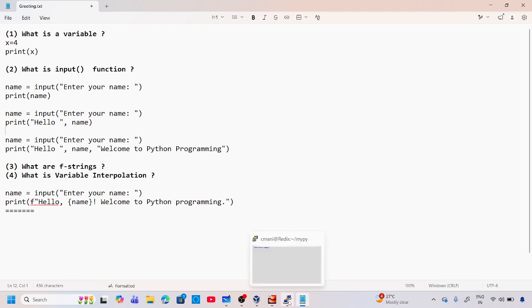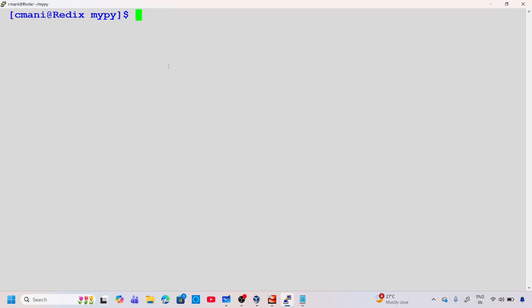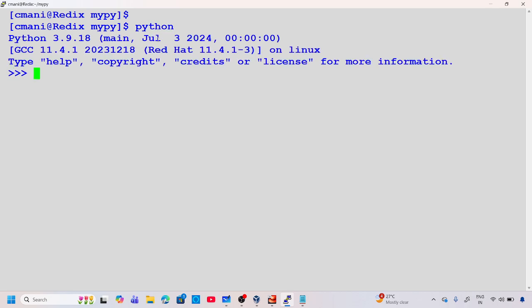Okay, so let me quickly go to my session here. So I am logged into my Linux machine. So here cmoney is obviously my user ID, Redux is the host name, and I am in a directory called mypy. Okay, so when I call Python, I am in the Python interpreter now. When I say x is equal to say 4, okay, so here what it means is x is assigned a